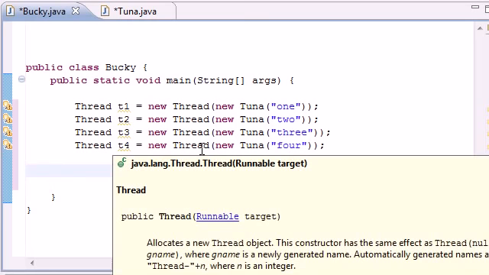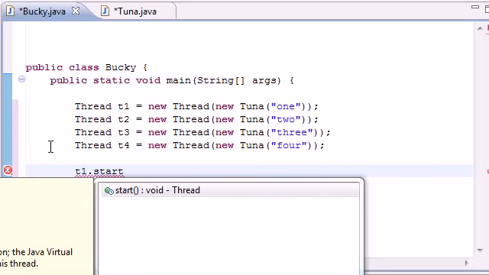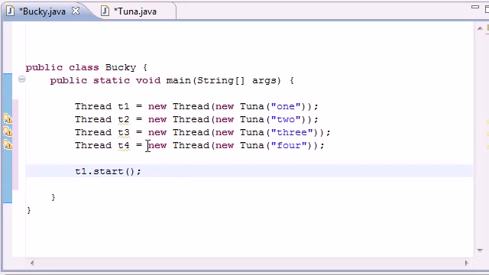So we have these threads created, but we didn't start them yet. They're just created, waiting. They're like, come on, come on, let me go, let me go, let me go. So now, before we shoot the gun and let them all loose, here is how we start them. T1 start, and this is how you start a thread. And whenever you,